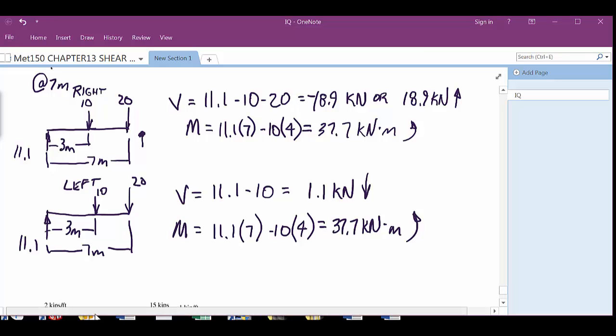Yep. So whenever you ask them to find it at a certain point, we have to move to the right and the left, only when there's a force right at that position. That's the only time you'll have to worry about that. Otherwise, we'd have had to do that earlier too, right? So, only when there's a force there. And why is that so? Remember back